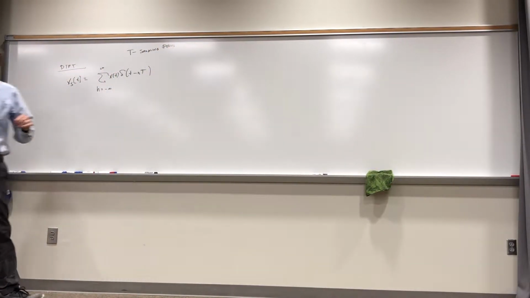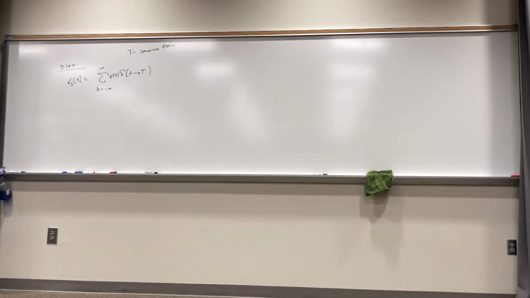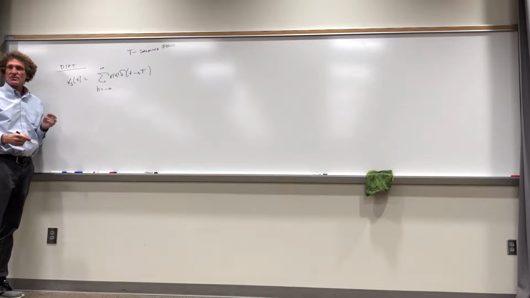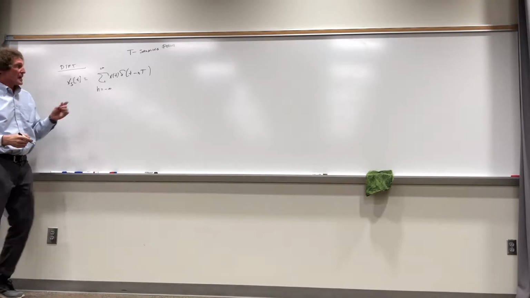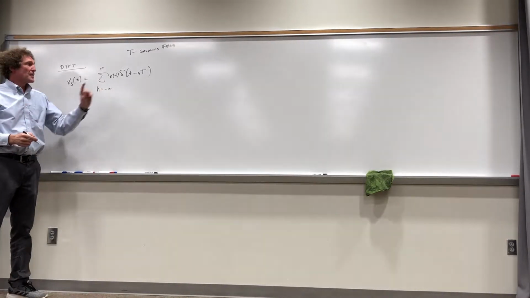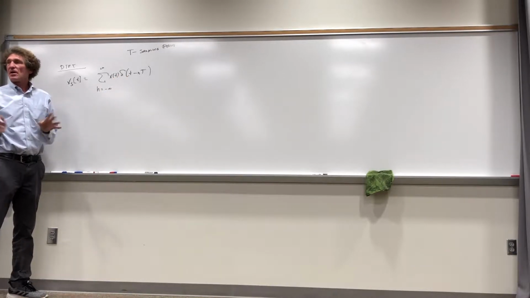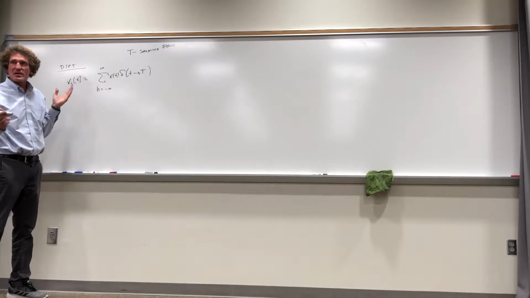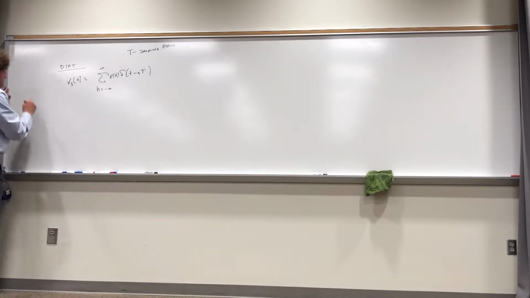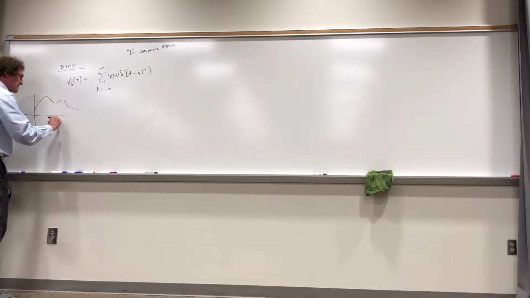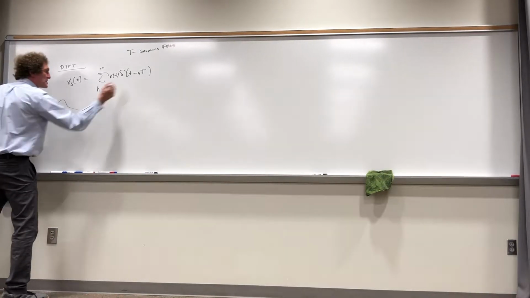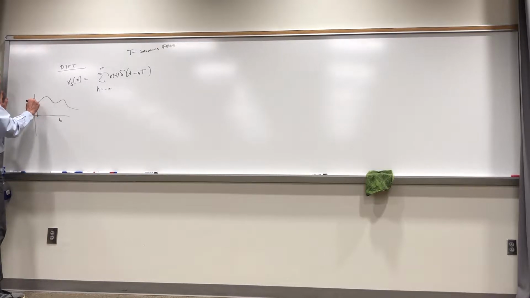Y'all understand that, class? If you just take a look at this, it's going to bother you a little. I have a summation that goes from minus infinity to infinity, and I've got x of t here, and then I multiply it by delta of t minus nT. I'm not going to do the convolution formula, but this will work. Now, if you look at this, what is really happening? x of t looks something like this, versus t. What this does is basically a bed of nails, right,